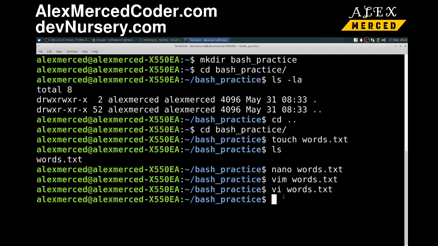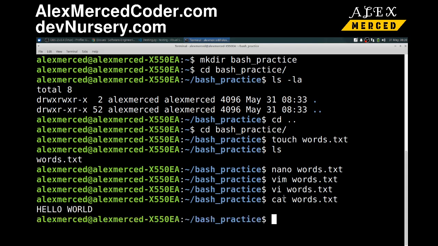Cool. So now if I want to get rid of this file, actually before I get rid of the file, let's do a few things with the file. Now if I want to just print the contents of the file, I should be able to do cat words.txt. Now it'll basically print the contents of the file. See, perfect. Now if I do cat words.txt,